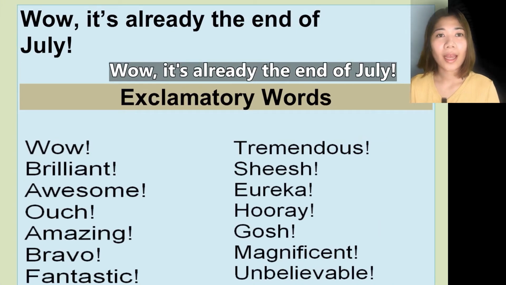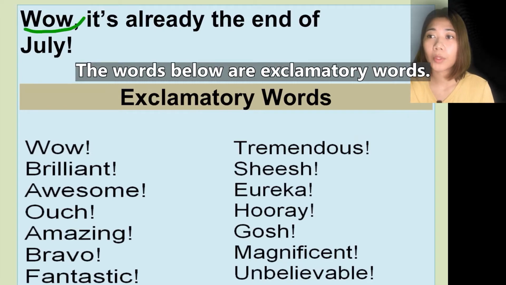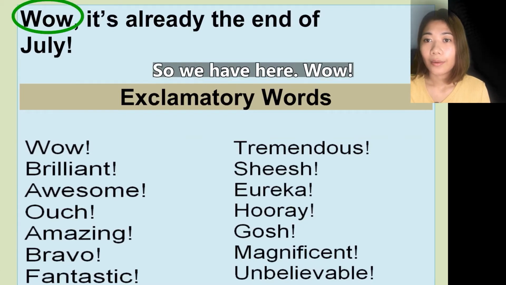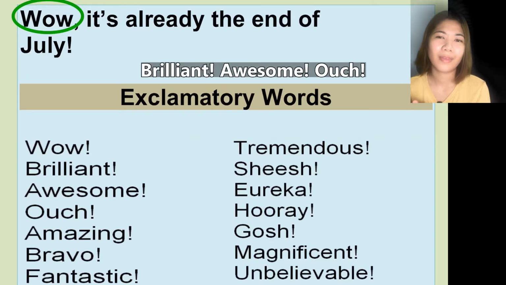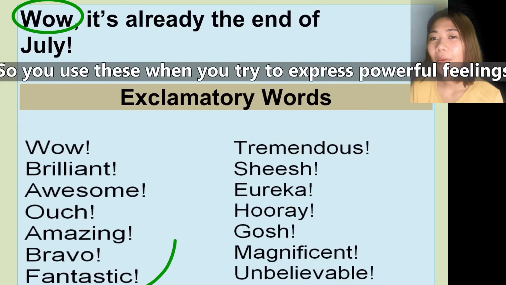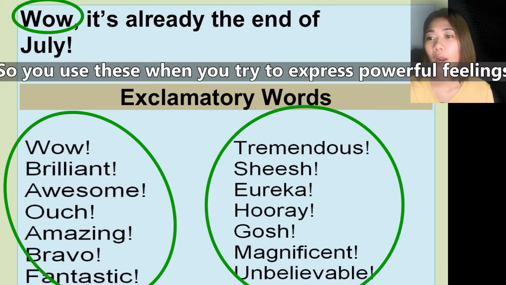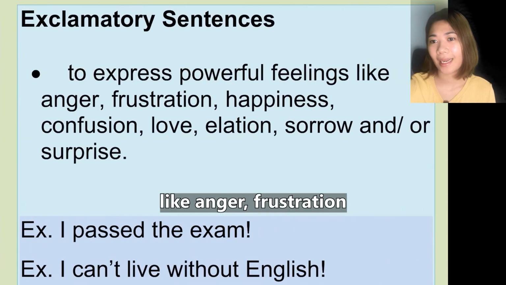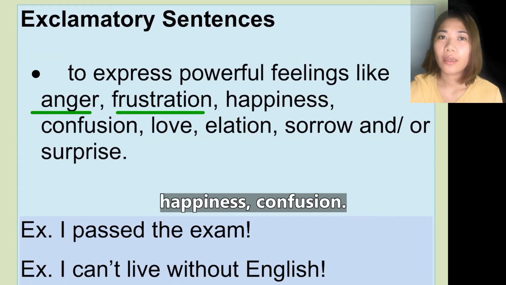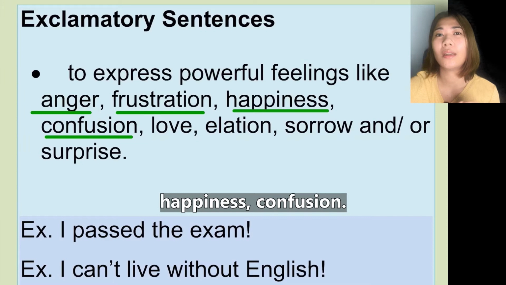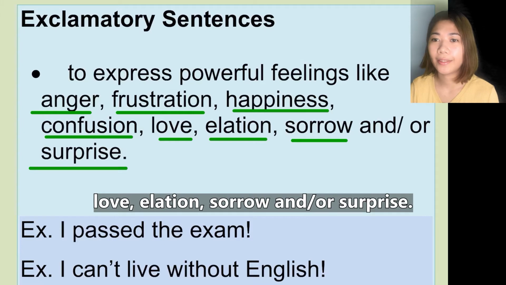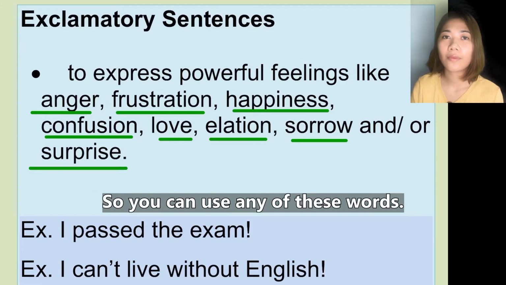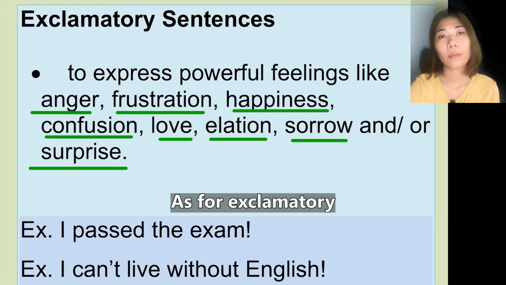Wow, it's already the end of July. The words below are exclamatory words. So we have here, wow, brilliant, awesome, ouch. You use these when you try to express powerful feelings like anger, frustration, happiness, confusion, love, elation, sorrow, and or surprise. So you can use any of these words. As for exclamatory